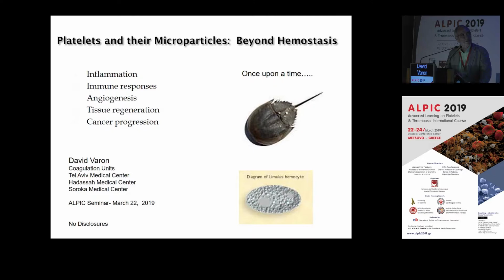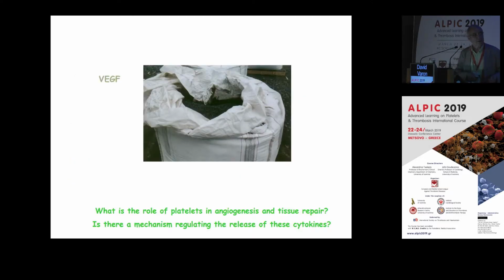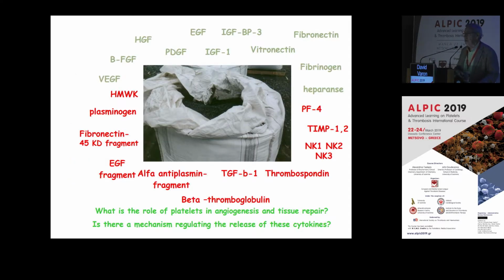When we observe that in this ancient creature, millions of years ago, this is a horseshoe crab, Limulus, which could still be found at the Cape Cod shore, it has only one cell in its bloodstream. So this cell can do everything. It is like erythrocytes and leukocytes and thrombocytes. So they still remember. It's not a surprise, and we know for a while that platelets are equipped with many of the players,